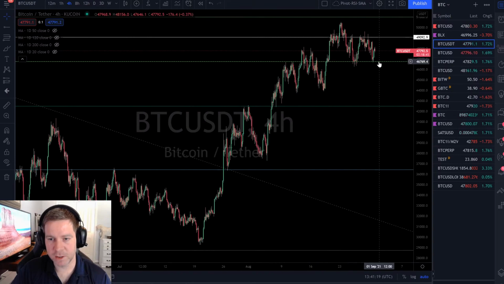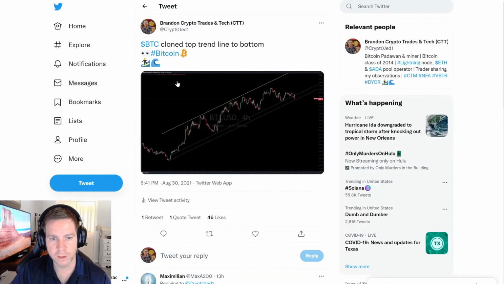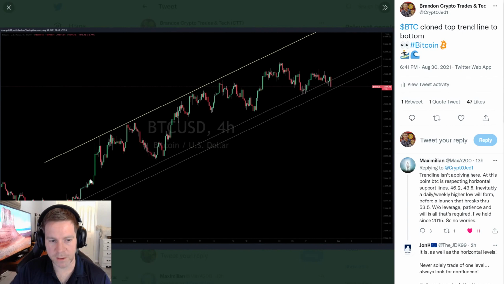What I'm really watching is these horizontal levels. Somebody tweeted that I tweeted this clone trend line. So what I did is I took these top touches of this uptrend channel that we're in, and I cloned it down here. You can see the interaction down here, and you can see that we started to break down here. But if I take this very bottom touch and clone it as well, you can see that's actually where